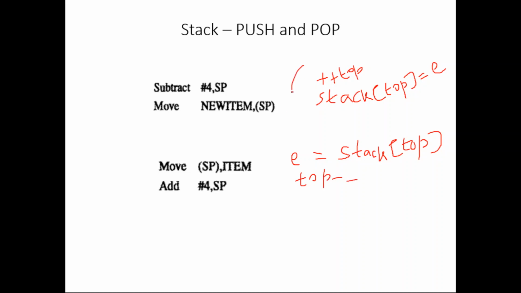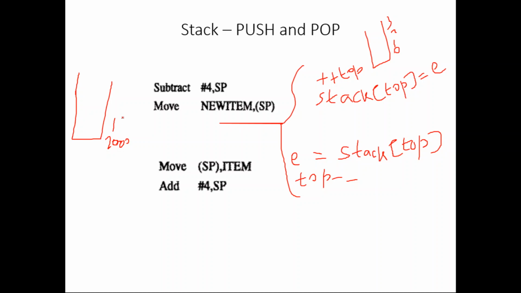But here we are doing it in the reverse way, because in an array structure we assume that the stack addresses are increasing from bottom to top. But here we are using the actual memory. When you see the actual memory, the memory addresses are actually decreasing from bottom to top. If the bottom address is 2000, then the next address will be 1996, and the next address will be 1996 minus 4, which is 1992. The next is 1992 minus 4, which is 1988. Like that it goes.